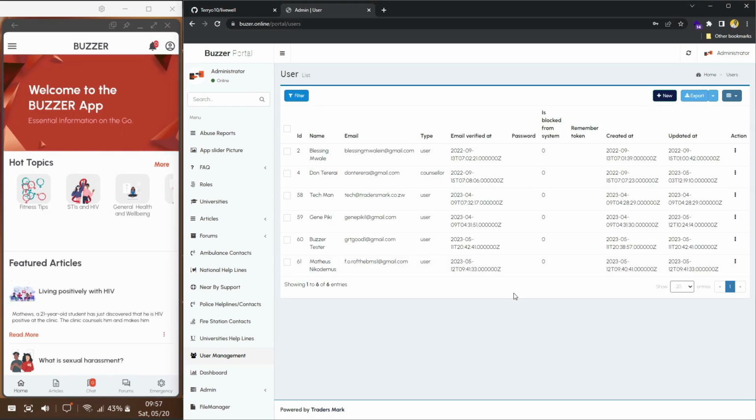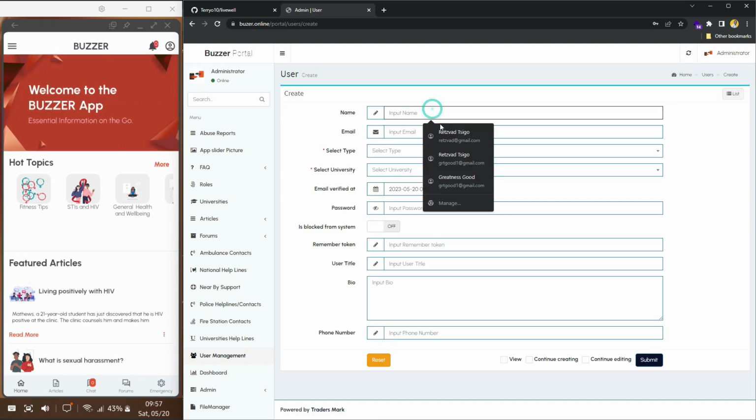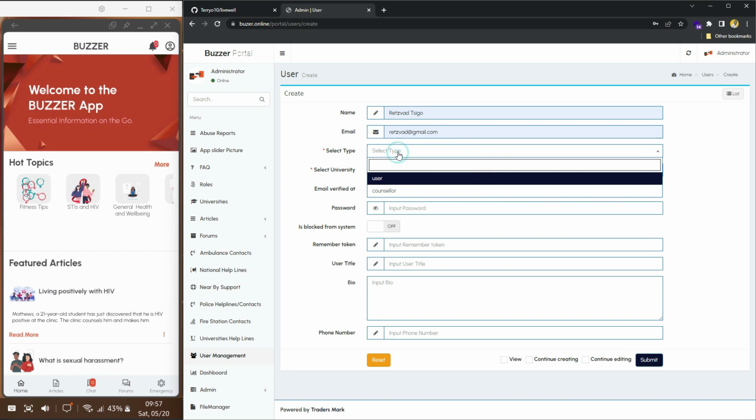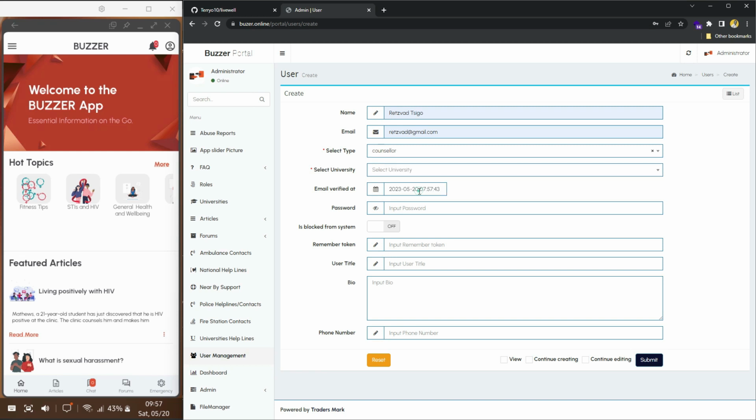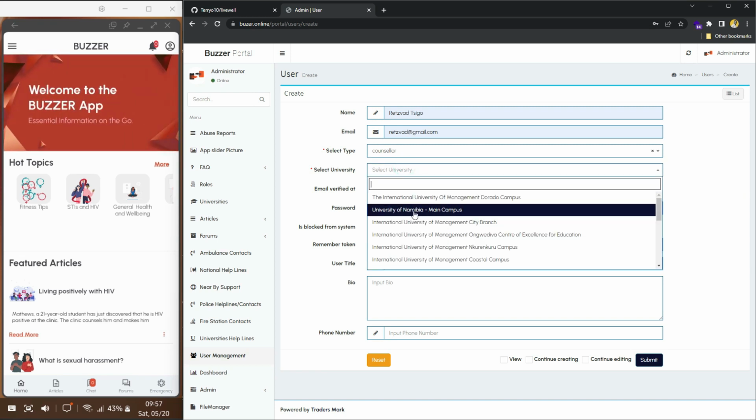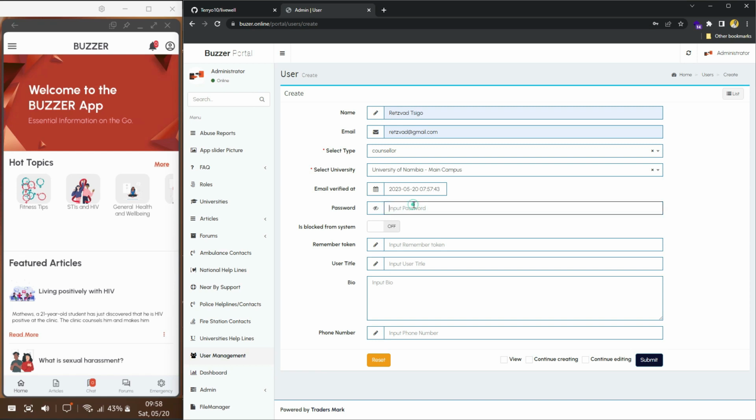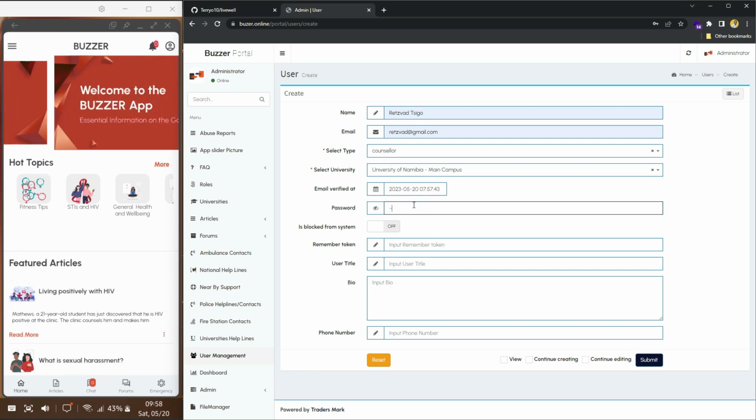So let's say a user is having difficulty or challenges creating their own account. What you can do is click on the new button on the portal, and you can enter their first name and their email. I've just entered my name, Tigo, and my email. And you can select the user type. So if we've got two, normal user and counselor, I'm going to select probably counselor, and their campus here, and also input a password for them,